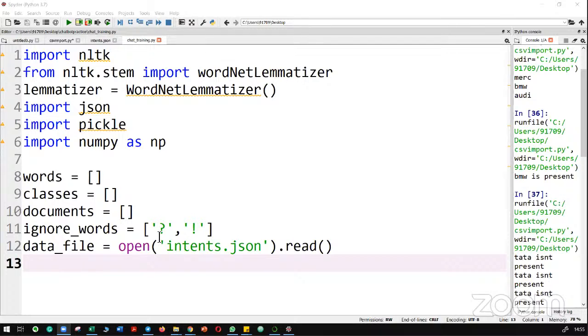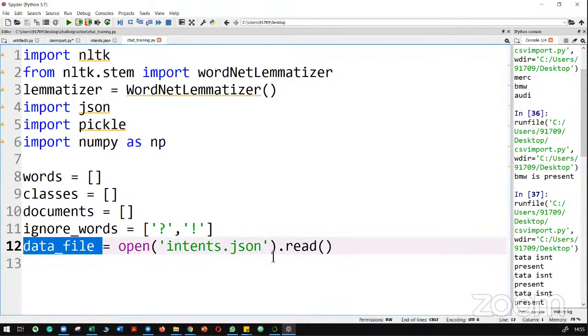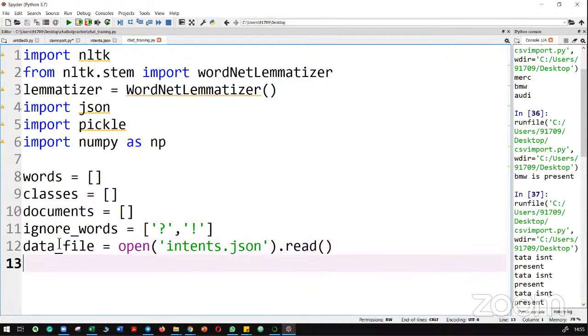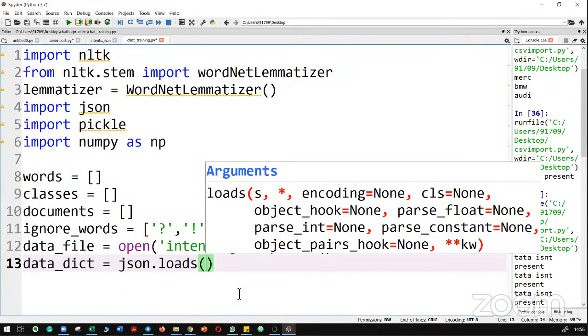So after this, observe something here. Data underscore file, this variable: once you import it, the data type of this variable will be JSON, but you need to convert your JSON into a dictionary. So I'm writing data underscore dictionary is equal to json dot loads of data underscore file. And if you print data underscore dictionary,